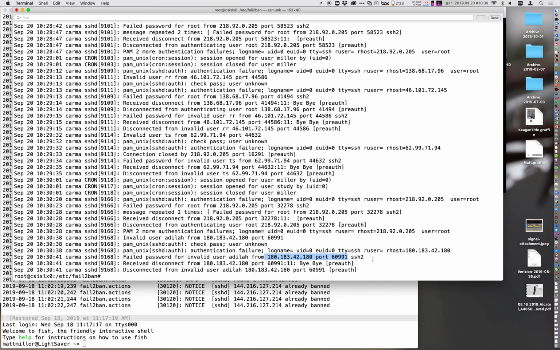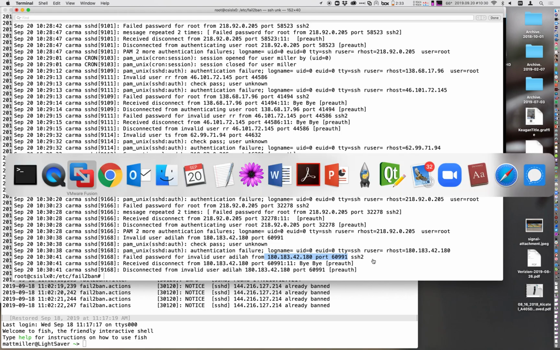So what IP tables is going to do is it can look at things like what is the IP address that is making the connection, or what is the source port that is making a connection on the server. And so when we look at it,